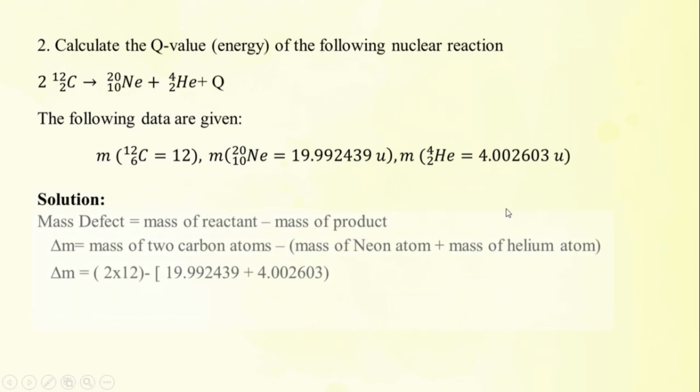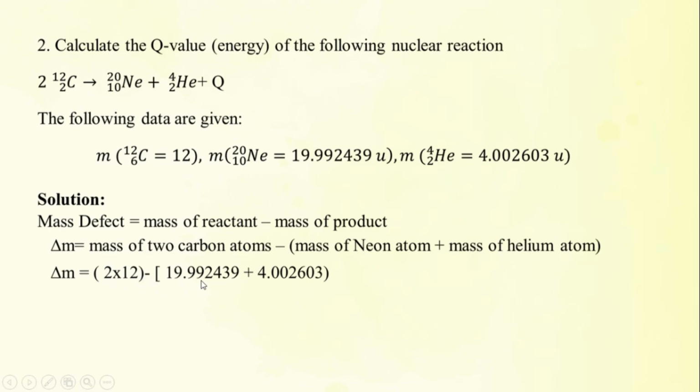So in order to solve this, we have to know the equation. Mass defect is mass of the reactant minus mass of the product. Reactant is this one and the product is at the right hand side. So on the reactant side we can see that there are two carbon atoms. That means we have to multiply 2 with the mass of 1 carbon atom. So we have this thing,